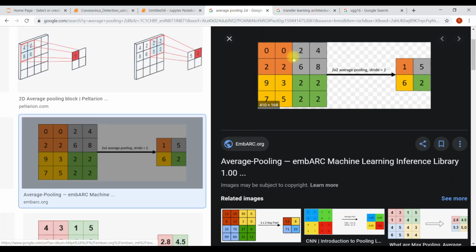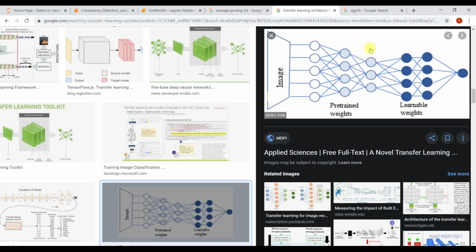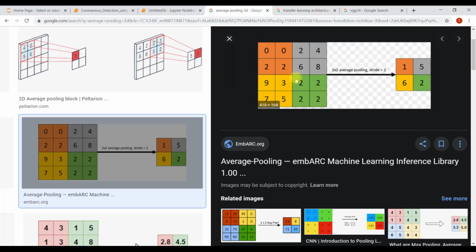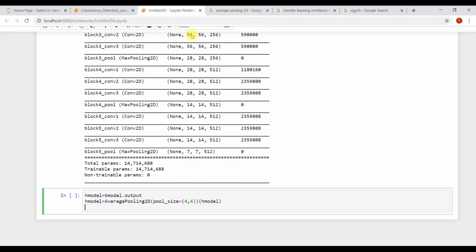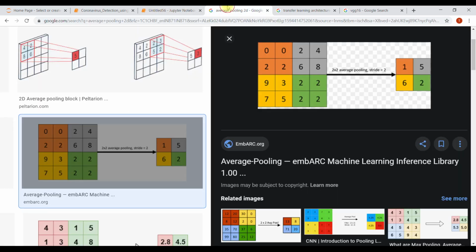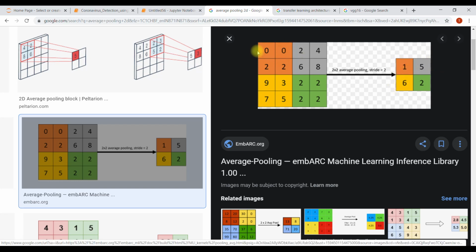We have defined pool size 4 by 4 here. In this image we have a 2 by 2 pool size, so in this matrix, 2 by 2 pools are formed, and in each 2 by 2 it takes the average.